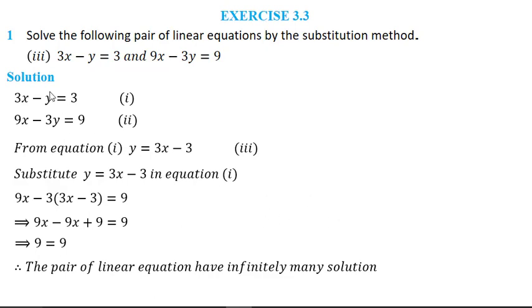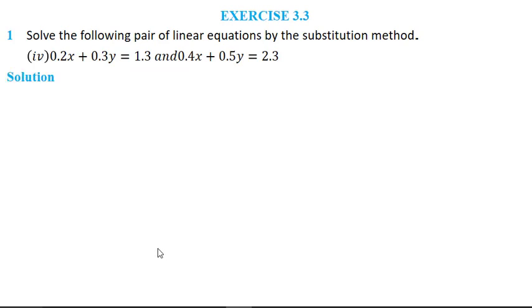Okay, so we have seen one example where we are getting a unique solution, and here we have seen a second example where we have got infinitely many solutions. Now when on either side of this equality sign we have some different values, then in that case we say that there is no solution.